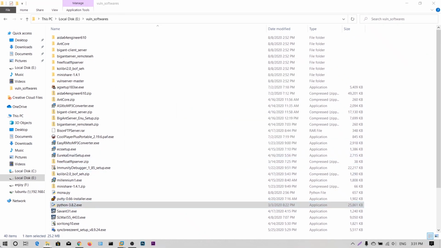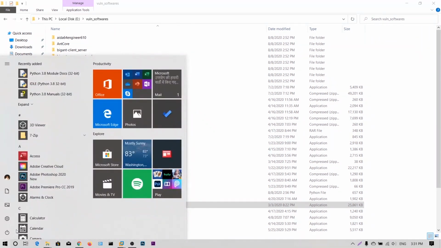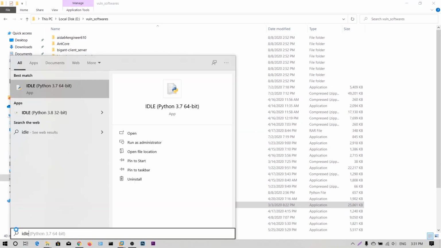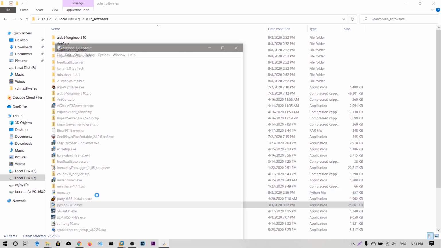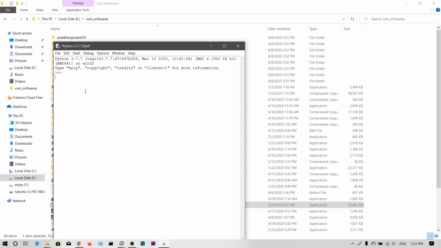Okay, now click close. Now you can start writing your Python scripts, and to open a Python script, you can use the IDLE program, the Integrated Development and Learning Environment. It comes by default after installation of Python.